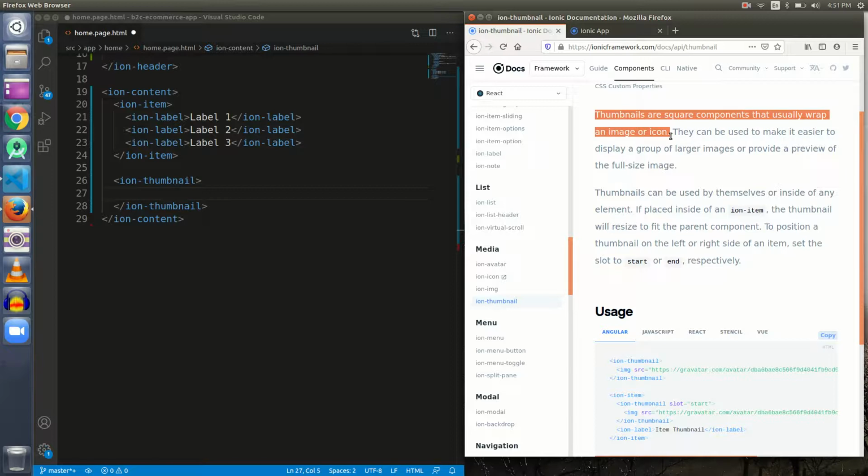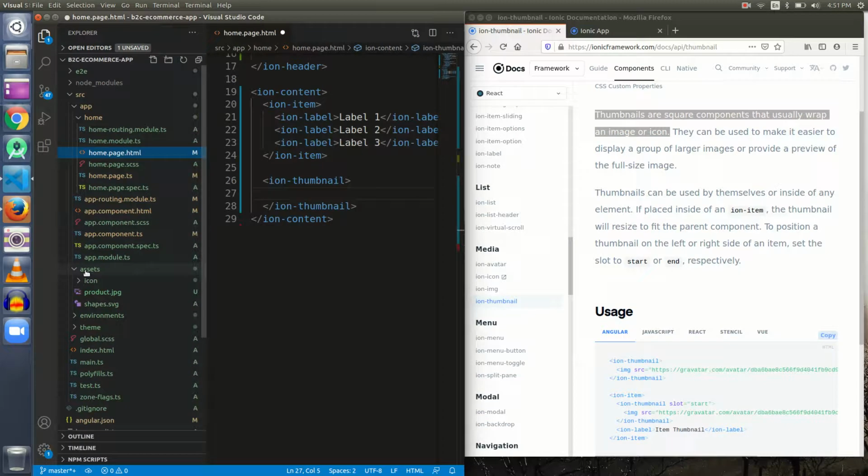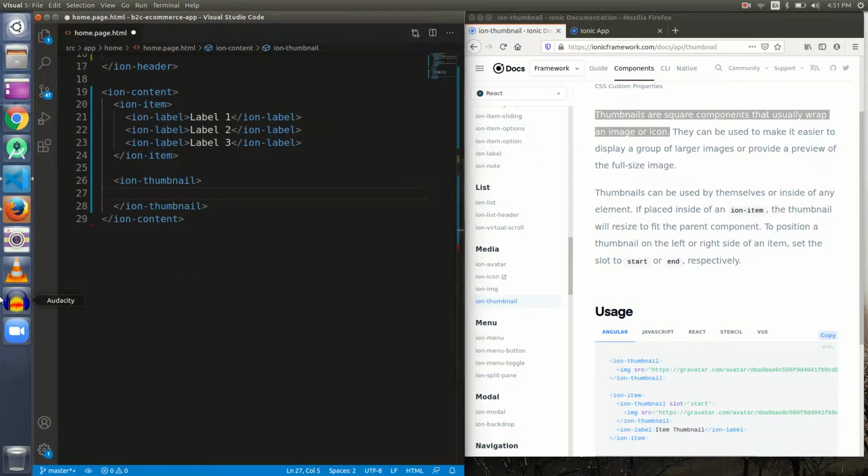It actually wraps an element that displays an image. Let me give you an example. We have an image inside our assets. If I want to display that image, I should give it a source attribute and give the path to the product image.